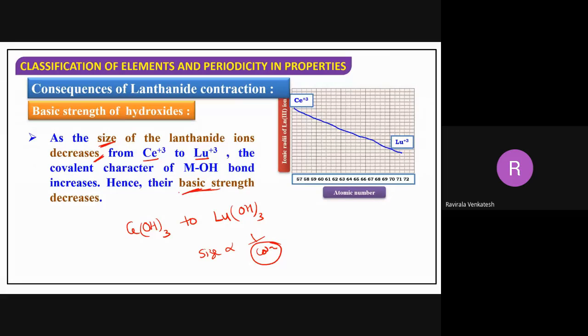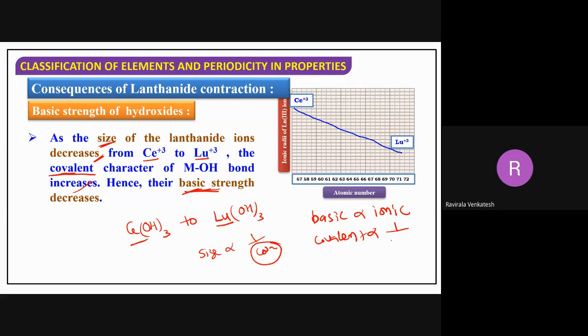Okay, so what is happening here? From cerium to lutetium, what happened to size? It decreases due to lanthanoid contraction. When size decreases, the covalent character will increase. When covalent character increases, ionic character decreases. When ionic character decreases, what happens to the basic strength? It also decreases here. So I'm writing here: basic strength is directly proportional to ionic character,